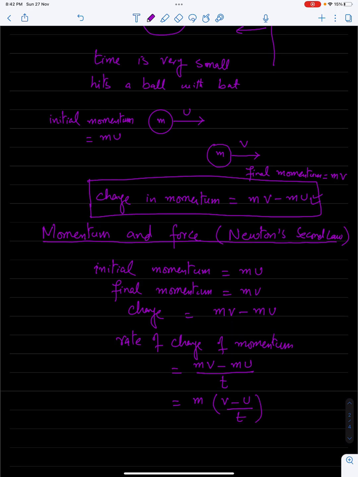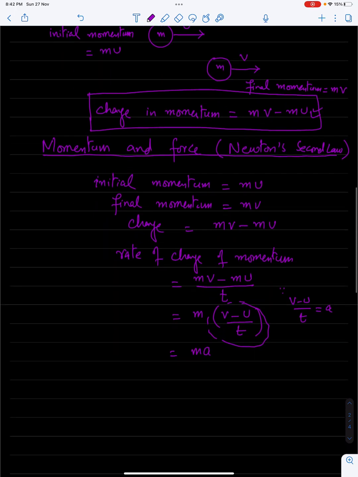And v minus u over t is a very famous formula for acceleration. So we get ma. And every physics student knows that ma is basically F, or net force. So from this working, we come to a conclusion that the rate of change of momentum is equal to the net force. This is the relationship between momentum and Newton's second law,